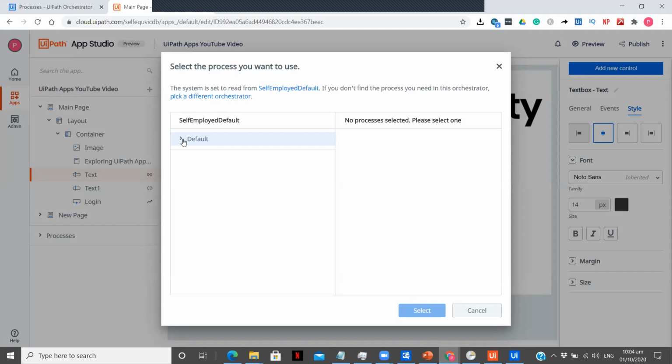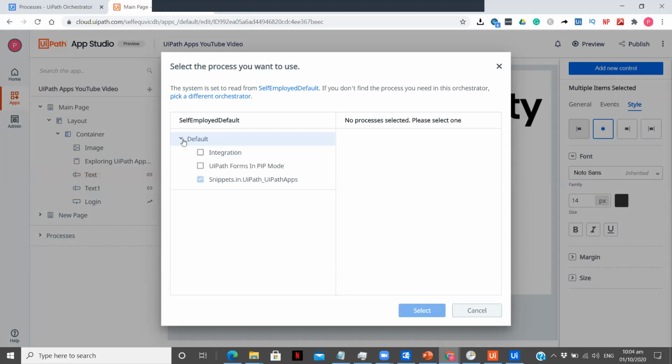Now, once you click on next, you will be seeing the different processes existing in your orchestrator. Now I have already used this. You can see input is username and password, and output is password and username, since it is the out and in arguments that I have created. So you select this process and just click on select over here.